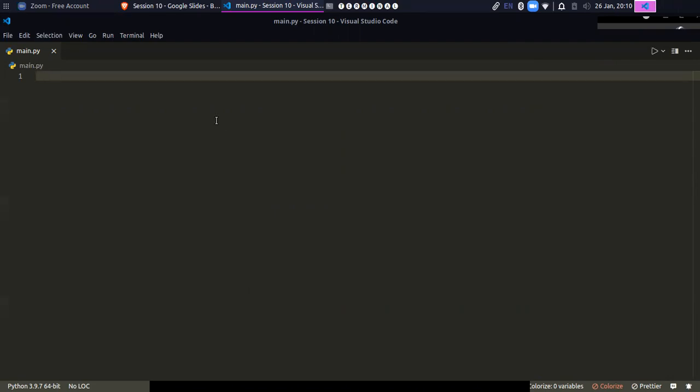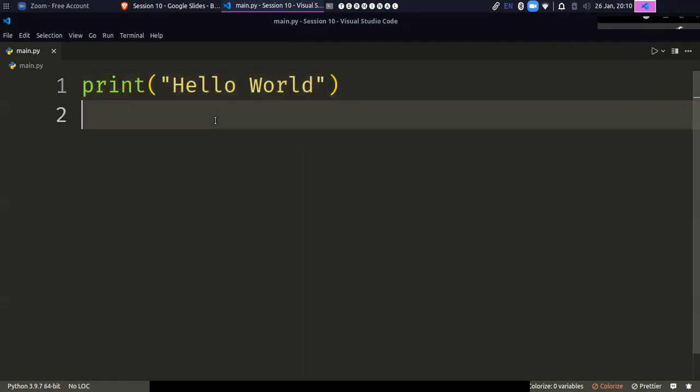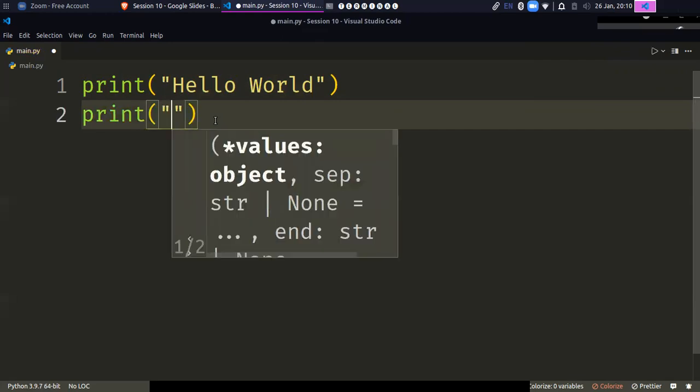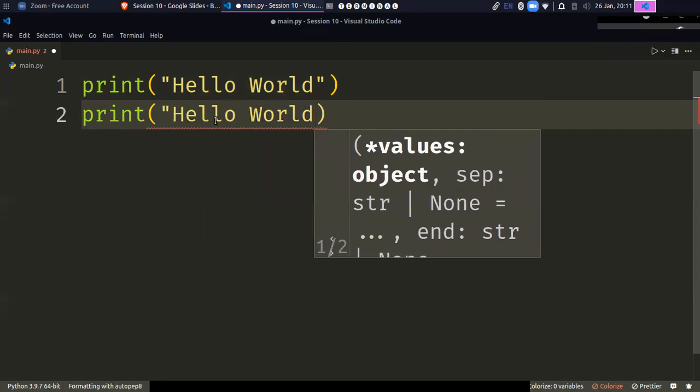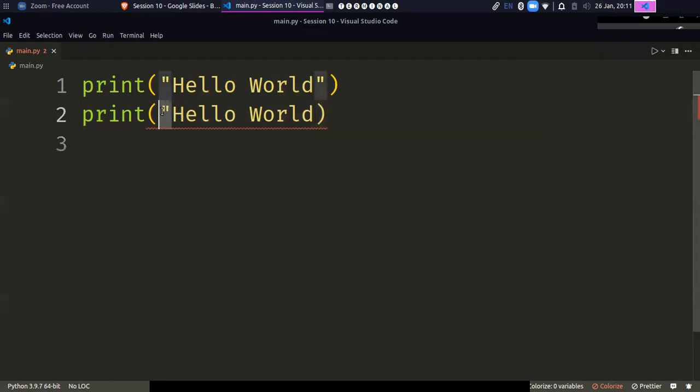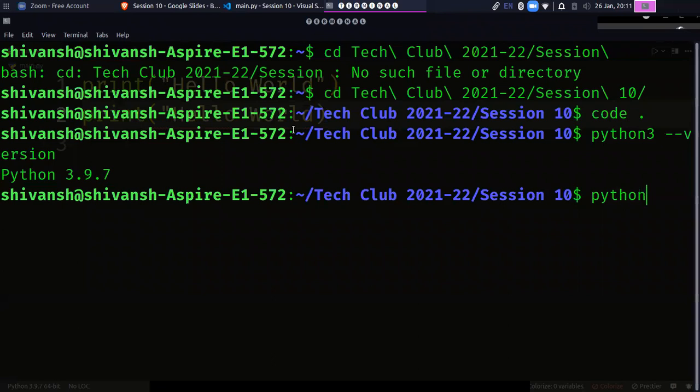What it means is that if you have coded in, let's say, C++, this is a simple program to print hello world, and then I do something like this, hello world. Now I have not closed the double quotation marks intentionally. So what you will see is that